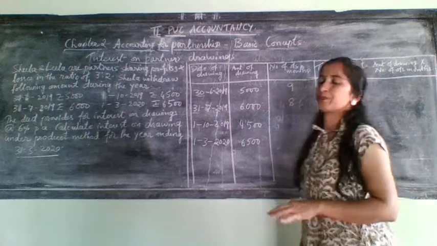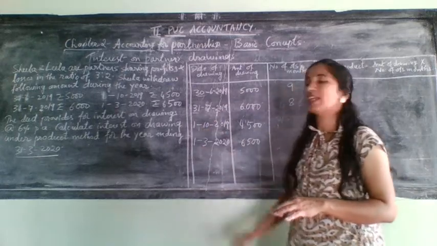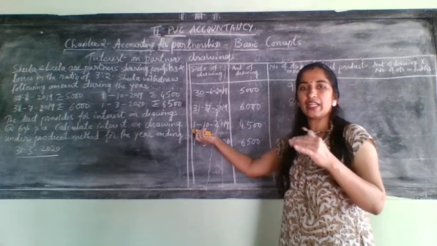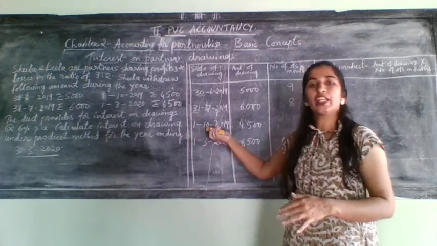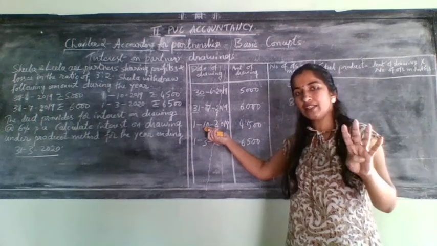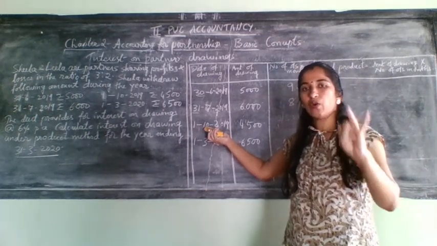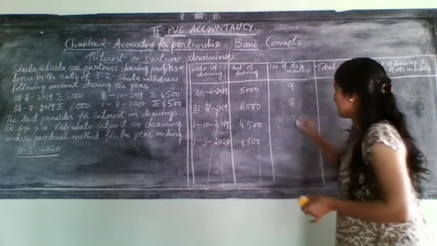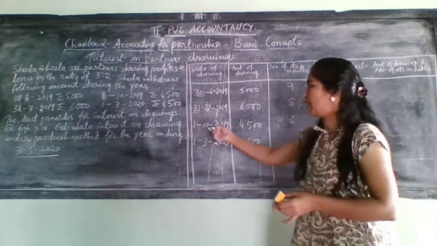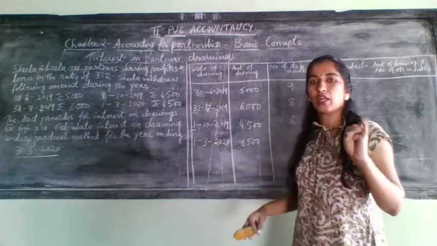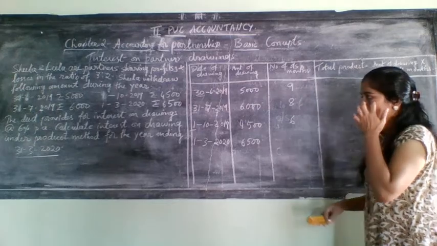Next one. After that, 1/10. 1/10 means beginning of that month. When it is the beginning, we need to include that month. Which is that month? 10th. So 10, 11, 12, 1, 2 and 3. How many months? 6 months. We will include the 10th month because this is the beginning date. 10, 11, 12, 1, 2 and 3. Okay.